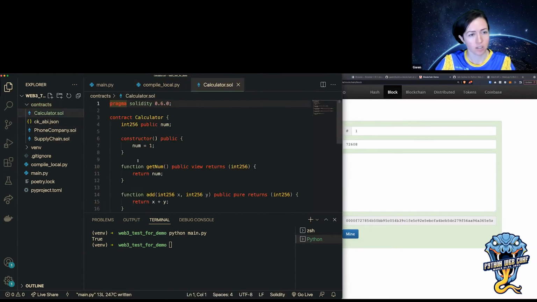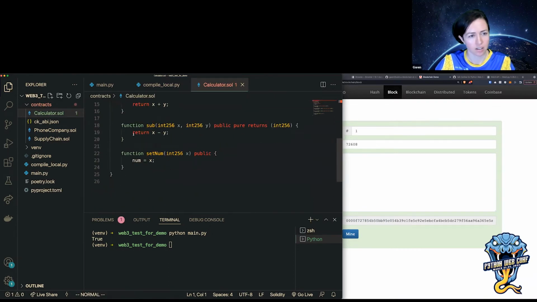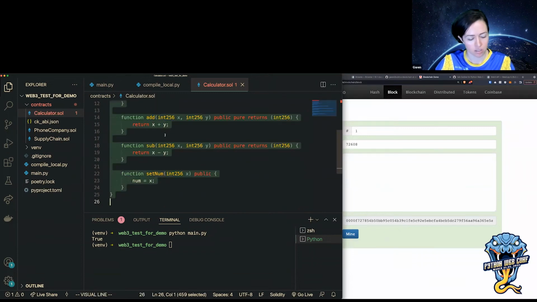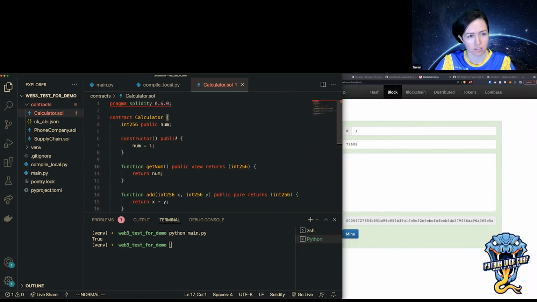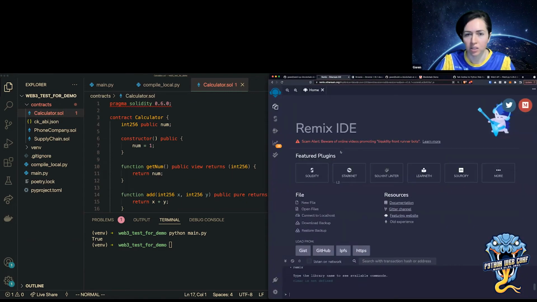And the most basic one is this calculator. It's not really a calculator, but it shows the basic main functionality of a blockchain contract. So I'm actually going to put this into a web editor so I can show this real quick. The web editor that I'm going to use is called Remix.